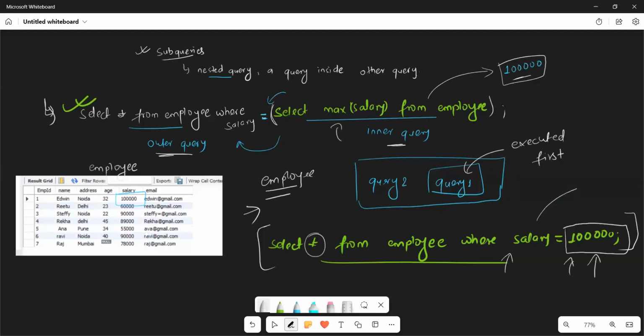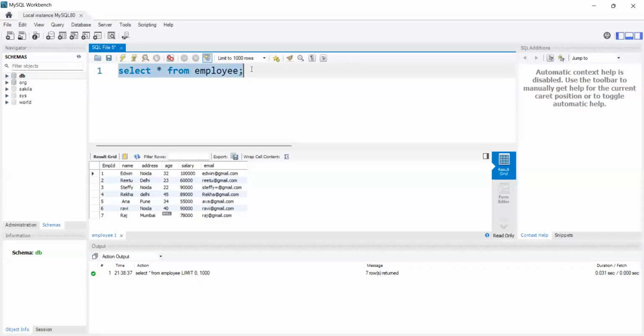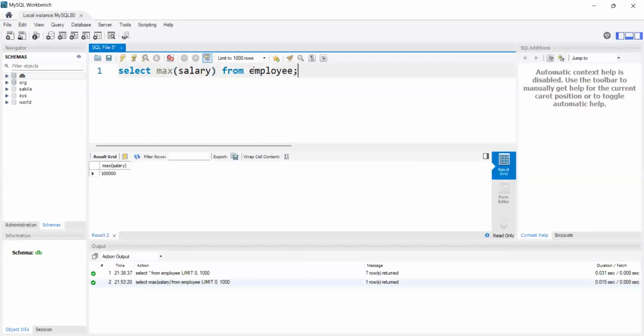Okay, now let's see how this query will work. Let's execute this and find out the output over here. This is my select star from employee. Now in this table, if I apply the maximum salary function, that means select maximum salary from employee. Now if I execute this,